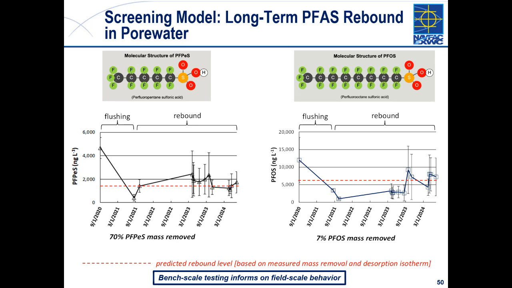Of course, there are some fairly large error bars in the field data, but it certainly seems like a reasonable prediction. And I think it not only proves this type of screening level modeling is useful, but also demonstrates how important collecting the right bench scale leaching data is. Now, Chuck, why don't you talk a little bit about some of the other modeling approaches on slide 51?